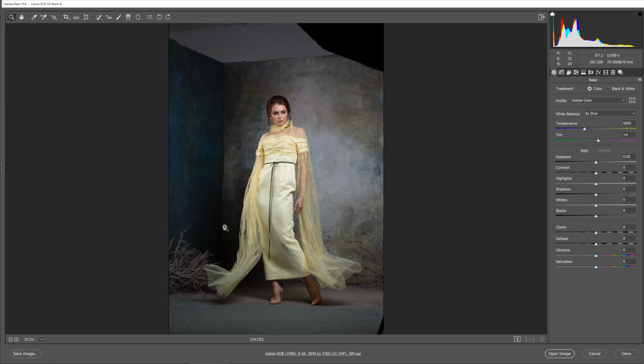Alright, so here we are in Photoshop. We're in Camera Raw right now,